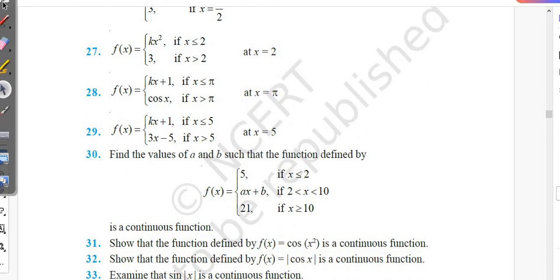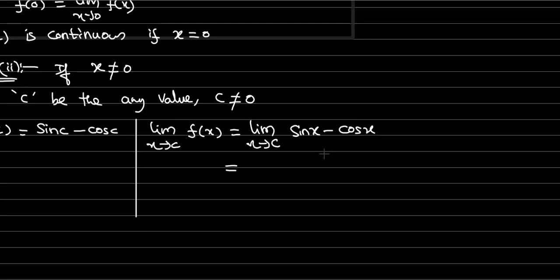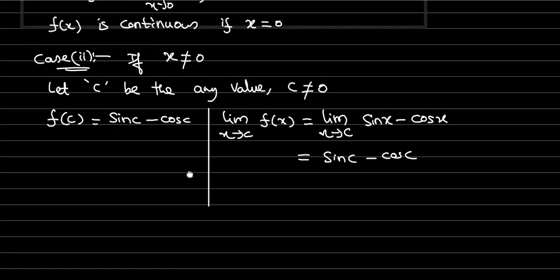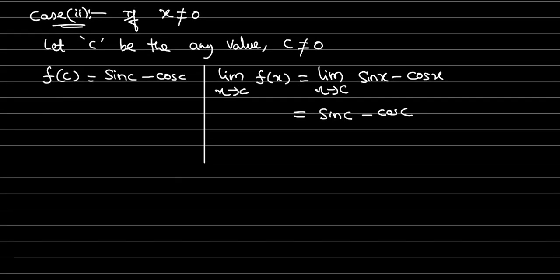Okay, now let's continue. We know that sin x and cos x are continuous functions. Then obviously at any value, sin c minus cos c also will surely be continuous. You can see f of c and these values are the same. So with this result we can say that f of c equals limit x approaching c of f of x, both are the same. So now we can say f of x is continuous